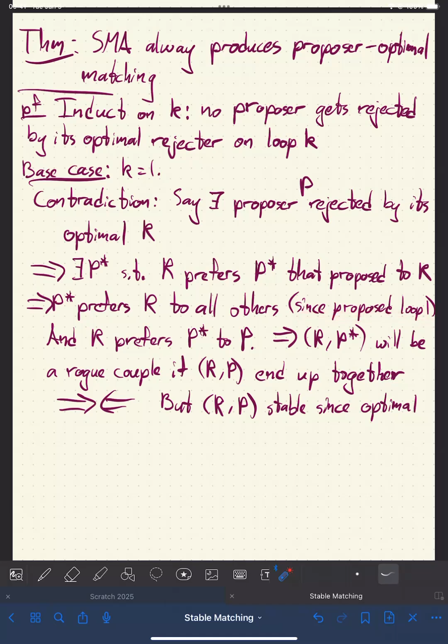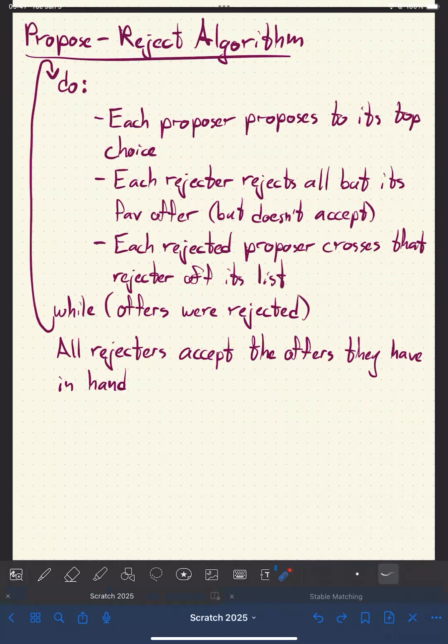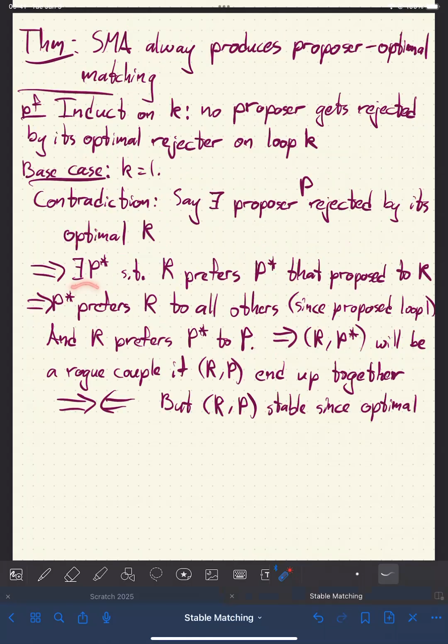In the first loop, by the definition of the algorithm, the proposer just chooses its top choice. So P star chooses its top choice R. So now we know that P star prefers R, and R prefers P star. Right? That's why R chose P star and rejected P. That means R and P star will be a rogue couple. So if R and P,